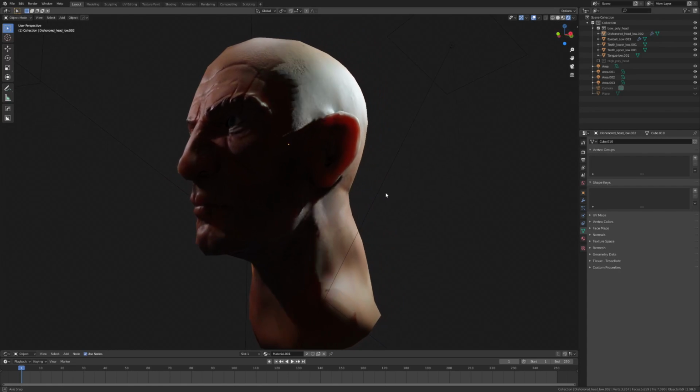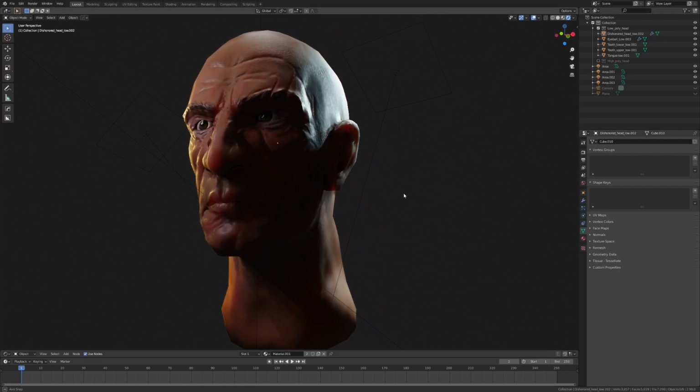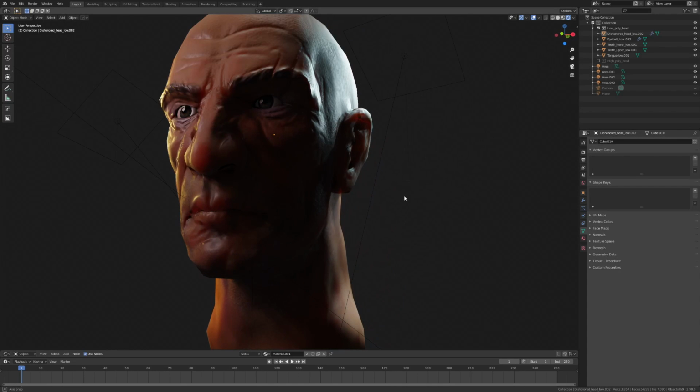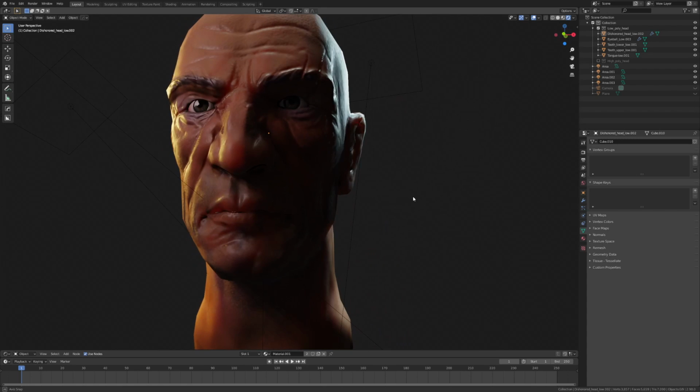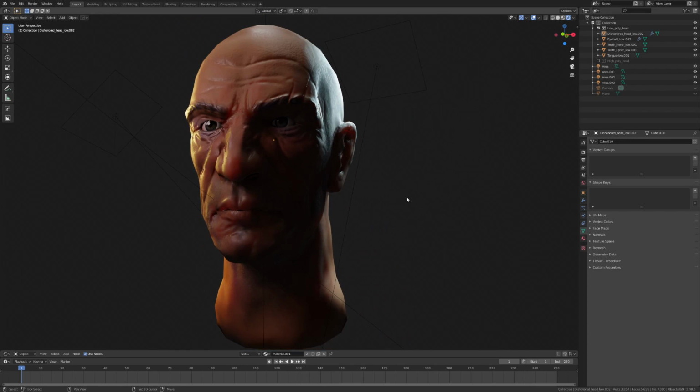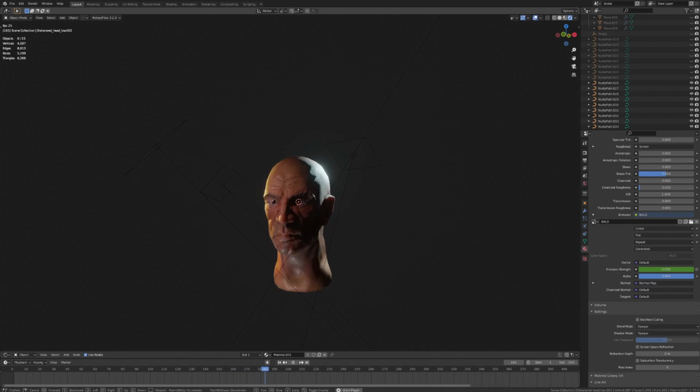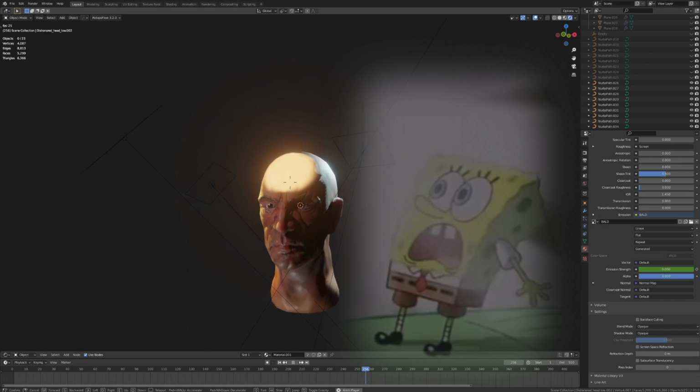Hey, look who's back. It's the grizzled, Dishonored-inspired character head that I made from my sculpting and texturing series of videos that was almost over a year ago now. He looks like he's been doing pretty good. I haven't had a reason to bring him back for anything. It's not like he's missing anything major that I couldn't,